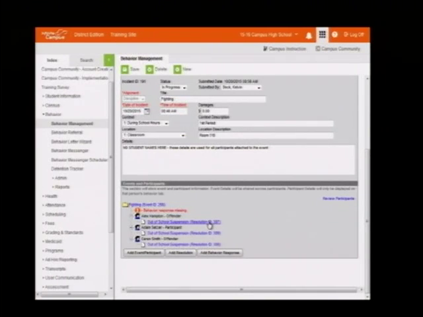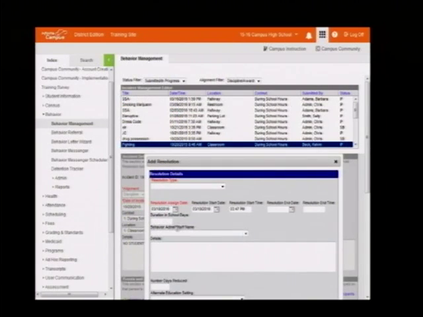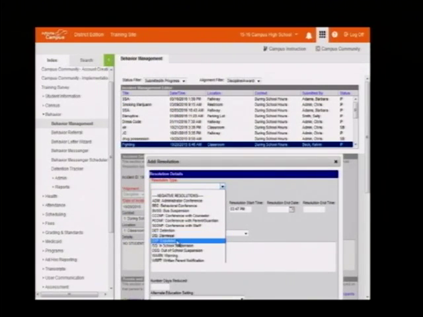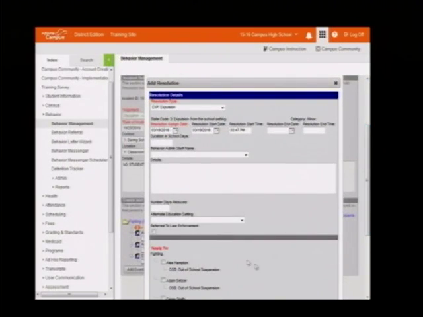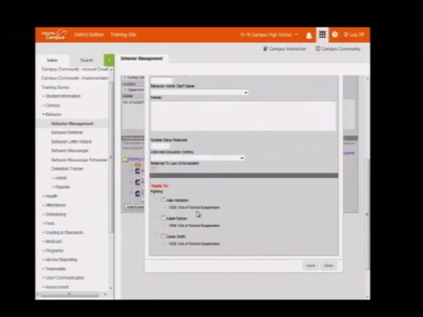Okay. Now, you also notice that I do have a separate resolution for each one of these students. So if I was to add an additional resolution, I will just pick the resolution from the list here. Date and timestamp is already there. And then I would pick the students that I want to affiliate with that one resolution. So everyone doesn't have to get the same thing. The beautiful thing about this is I'm doing one thing, however, each one of the records appear on the student's behavior tab without having to actually do it 3 times.